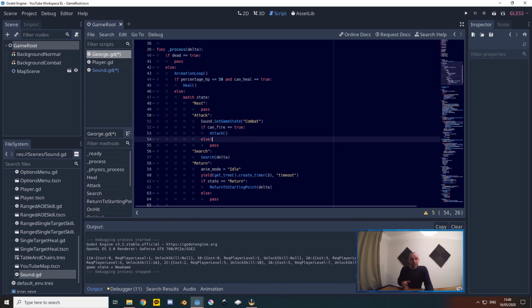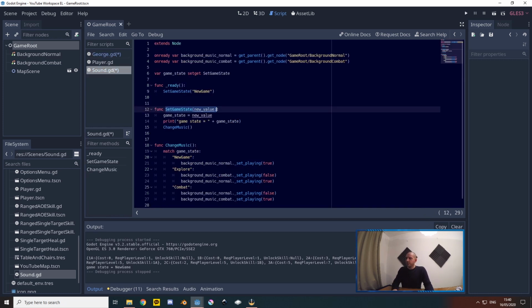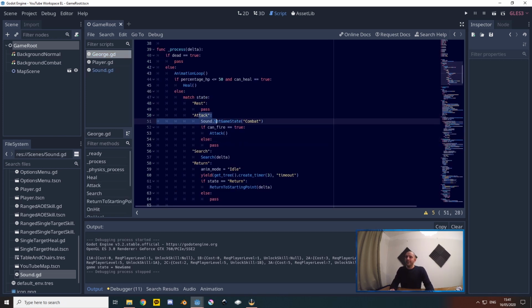Now, George the skeleton, or his buddy William, taking the same script, are going to call the sound singleton and change the game state through the set game function. That will call the change music function, and the combat music will play. But I would love for you to hear what would happen if I play now, but then I would destroy your eardrums. The problem is that this function lives in the process,